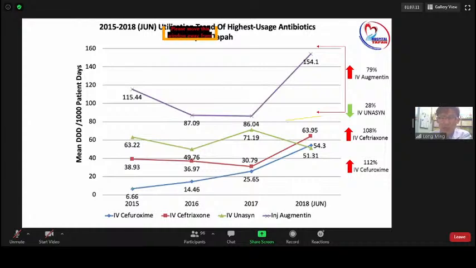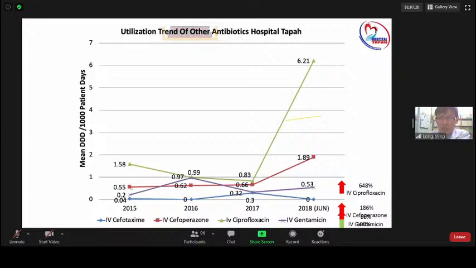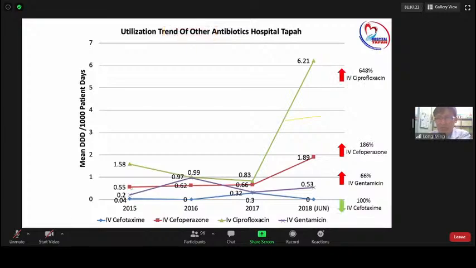Guidelines recommend Augmentin as the first line for certain conditions, because it is broad spectrum when you don't know the infection. You can see our ciprofloxacin resistance is increasing and shooting up. Fluoroquinolone is one of the easier drugs to become resistant compared to other antibiotics. So it's really scary when you see this.